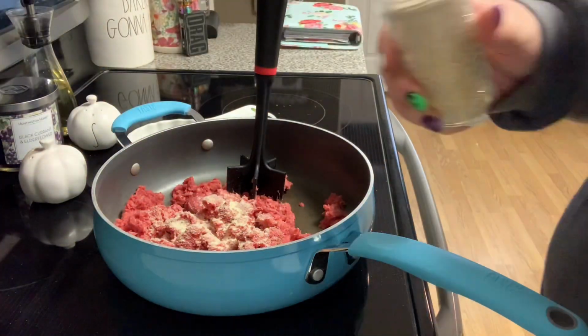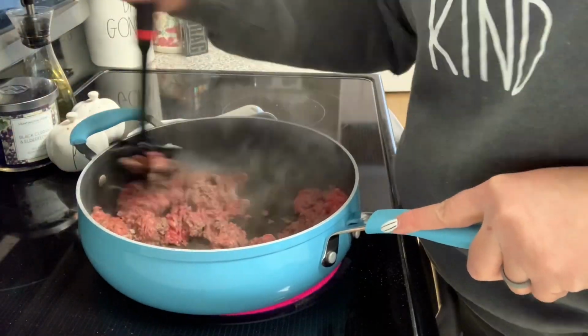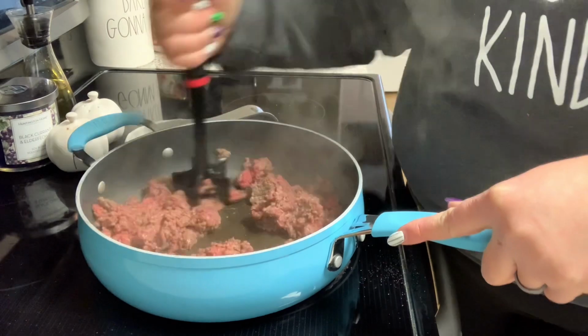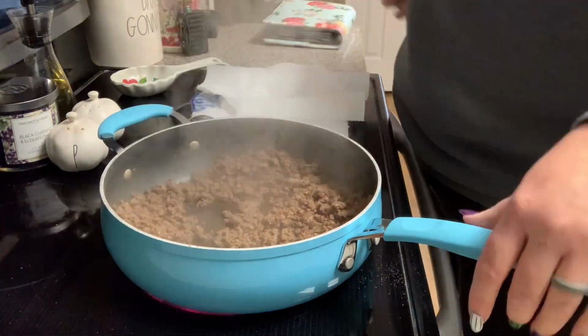And on Friday, we had these chili cheese enchilada things. I found the recipe on foodnetwork.com. It's another Pioneer Woman recipe. These were our favorite recipe of the week. They were so good. So I am just browning some ground beef, and that had some onion powder, garlic powder,